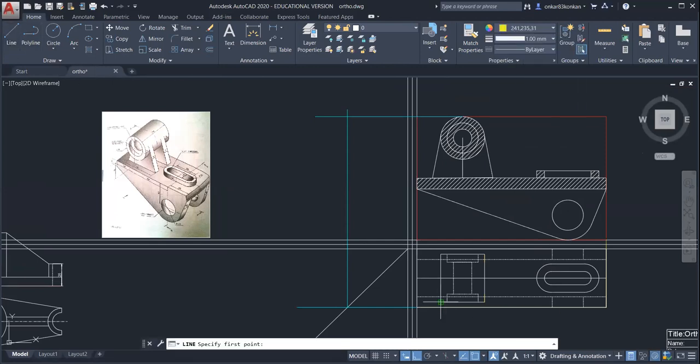So you can take the projection from this point. Similarly, take the projection from this point. Now take the projection from this circumference.